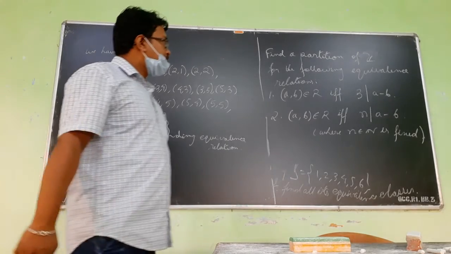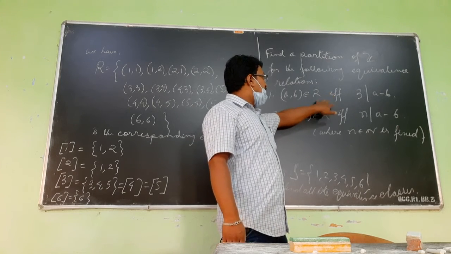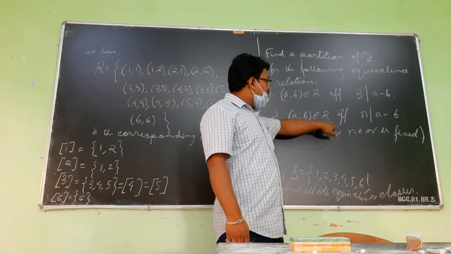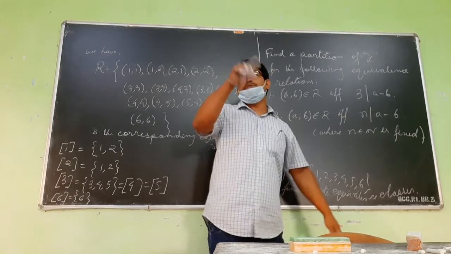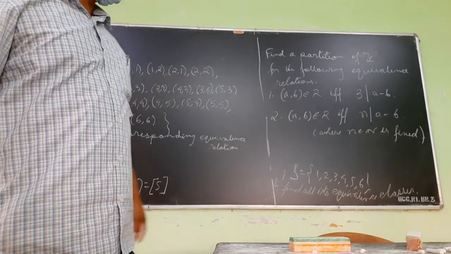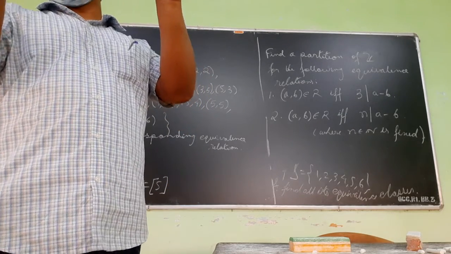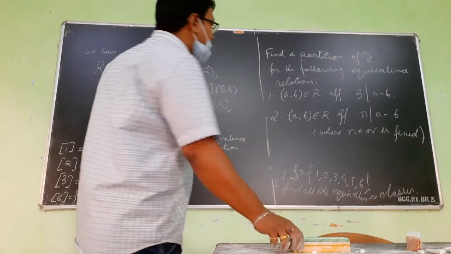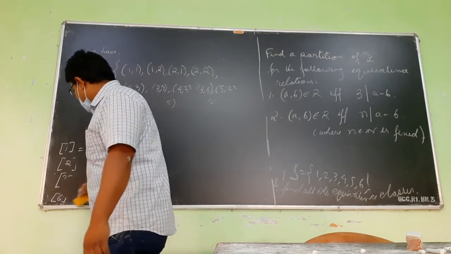Try. So what you will do? You will find out all possible equivalence classes of this relation. Also you will find out all possible equivalence classes of this relation. Already we have done this thing, 5 divides a minus b. You find out the equivalence classes, and then just take the collection of these distinct equivalence classes. That will give you a partition of this. Okay, so on Saturday we will do